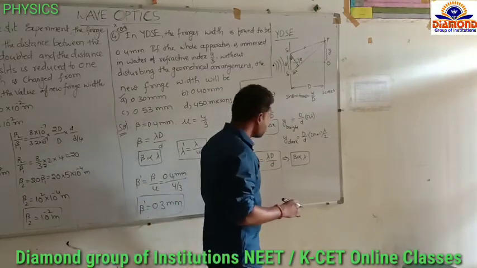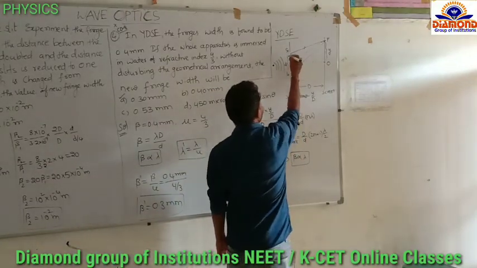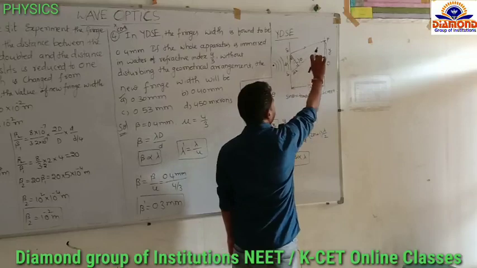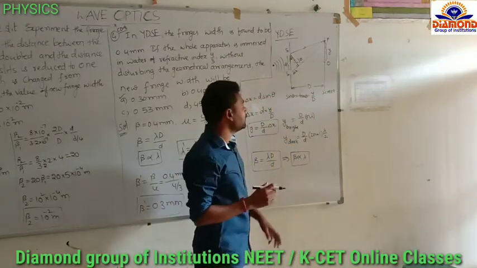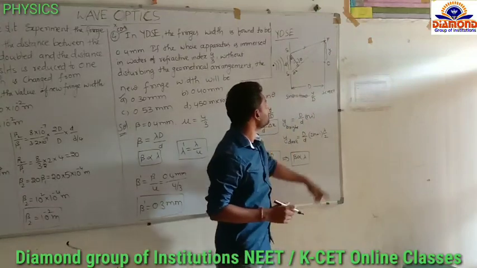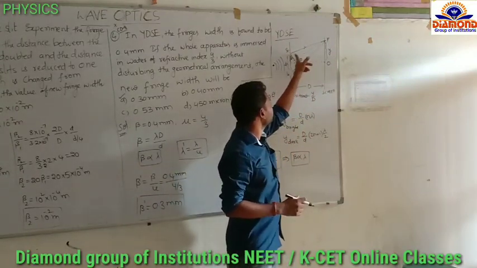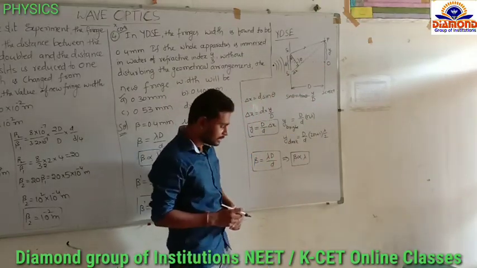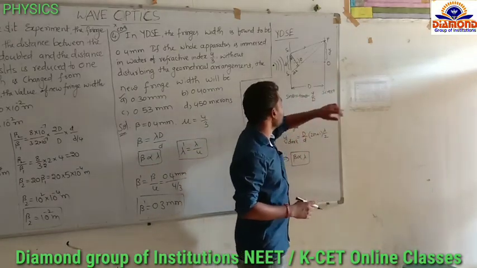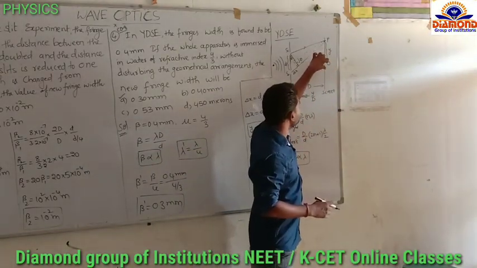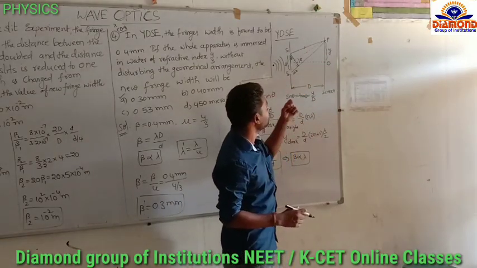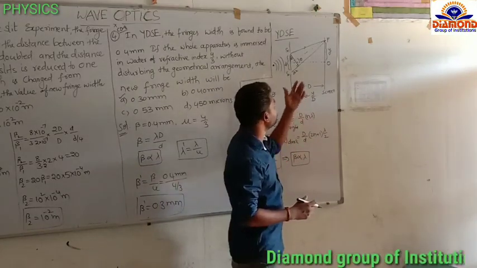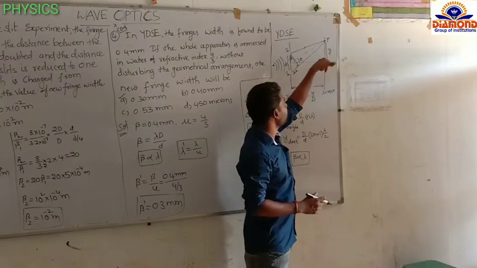Okay, and next, here these two slits are acting as coherent sources. Now the waves from these two slits interfere and form the interference pattern on the screen. At the point O, the wave from S1 and the wave from S2 do not have any phase difference or path difference. So we will get the central maxima at O, and on either side of the central maxima we will get bright and dark fringes. We can measure the position of a bright fringe or dark fringe from the central maxima only.